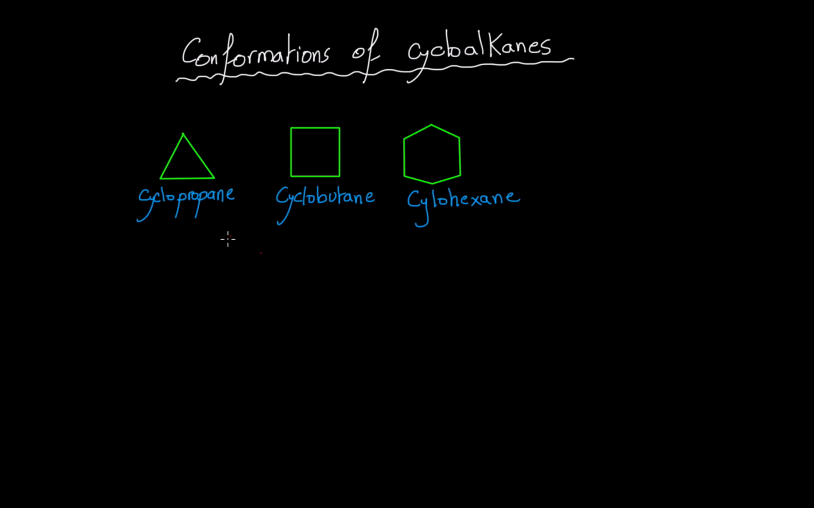Today we will talk about conformations of cycloalkanes. Some students might be thinking that cyclopropane has a triangular shape, cyclobutane looks like a square, and cyclohexane looks like a hexagon. However, none of these shapes are the exact shapes that cyclopropane, cyclobutane and cyclohexane take in nature. What is the reason? We have discussed previously that sp3 carbons have a tetrahedral